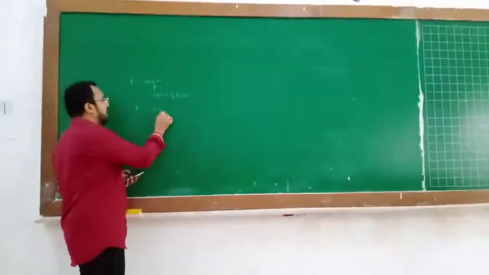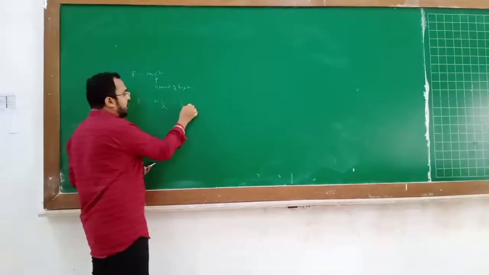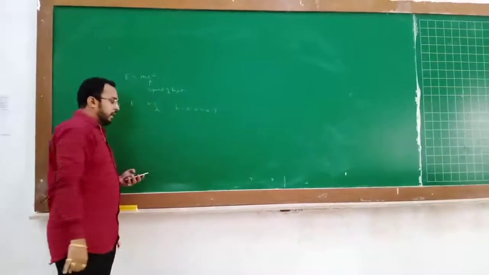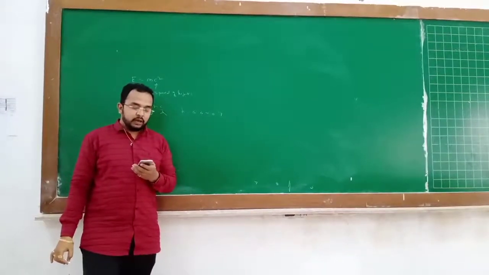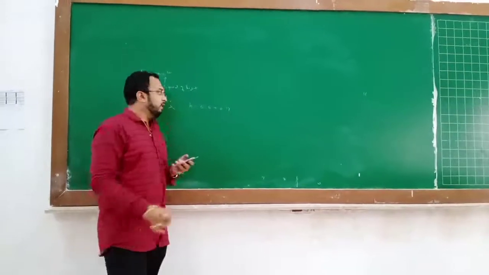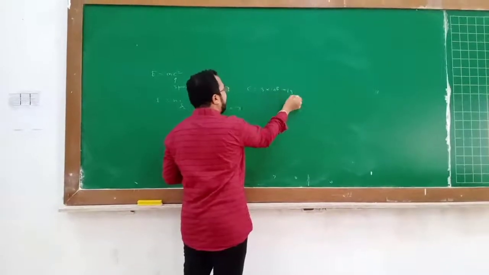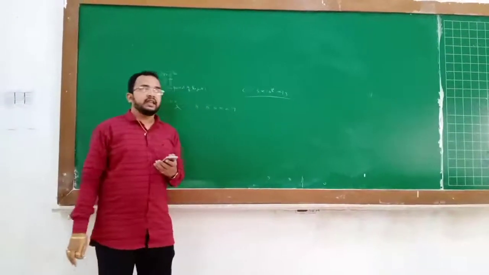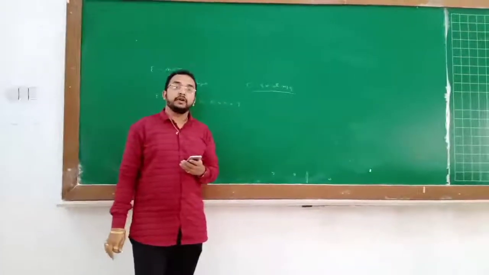Where E is the energy, h is the Planck's constant, c is the speed of light, and lambda is the wavelength of light, where h is equal to 6.6 into 10 to the power minus 34. Okay, so light transfers energy. Option number D, it has finite speed. If any value is there, that means it is finite speed, even though the speed is very high. Option A is incorrect, and that is our answer.